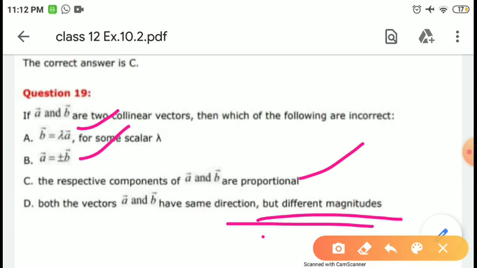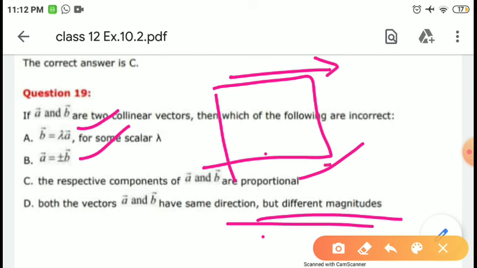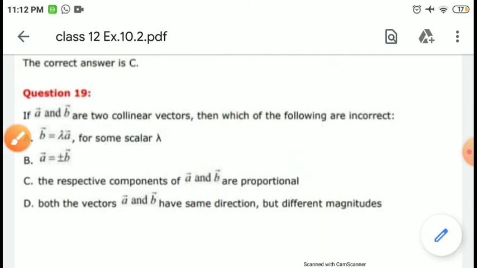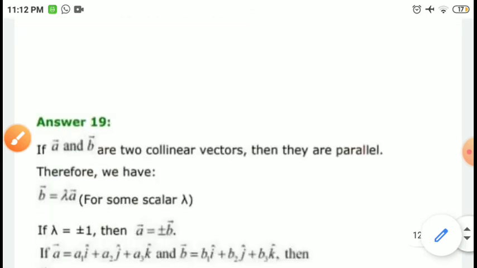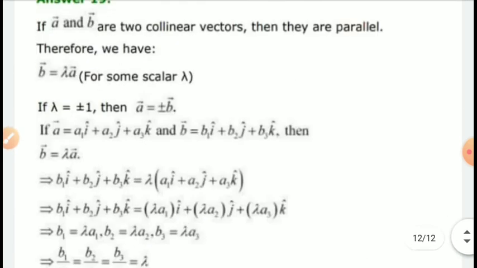In the first exercise, the third or fourth problem, where vectors A and C are shown, one diagram is given: this is the A vector in this direction, the C vector in this direction. So there you can recall that question. With this we have completed the second exercise. Thank you.